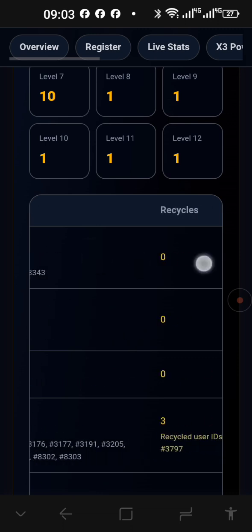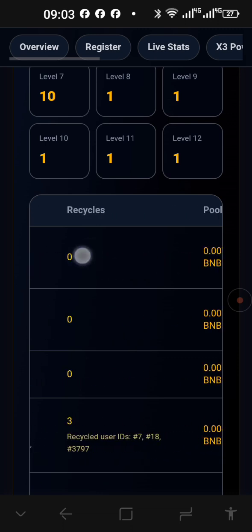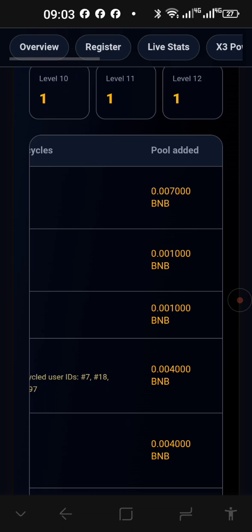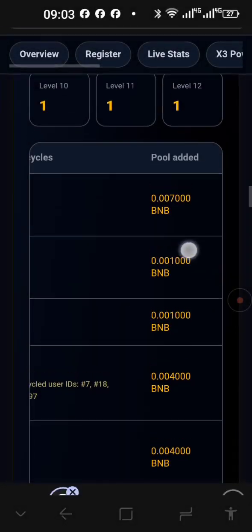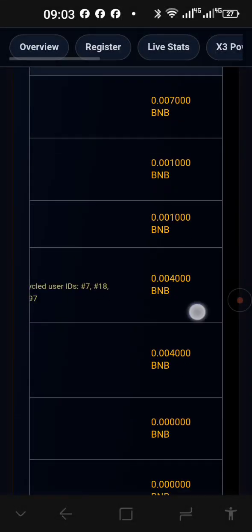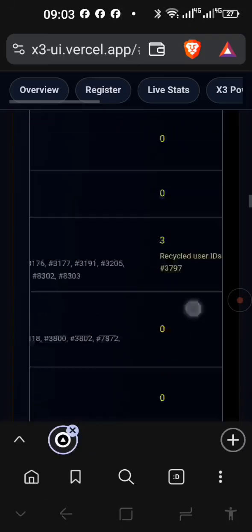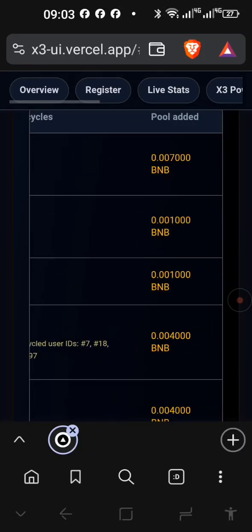And when you drag the screen to that side, there were no recycles yesterday, but the royal pool grew with 0.007 BNB. If you compare it with the other days, it's very good, because the other days are normally 0.001 or 4 or nothing. Right, so yesterday was a good day for the royal pool at least.